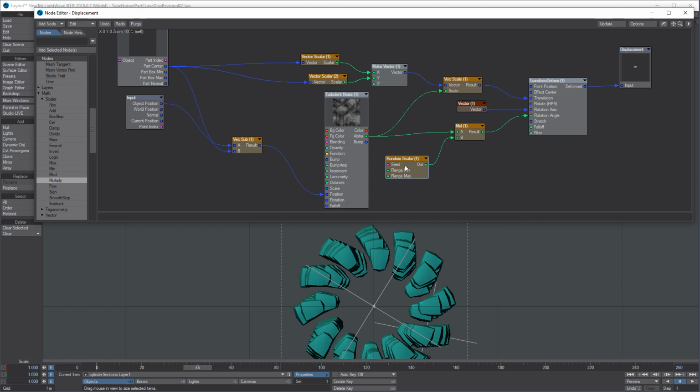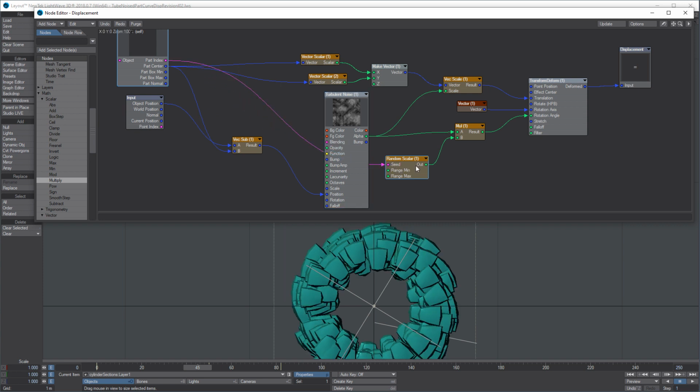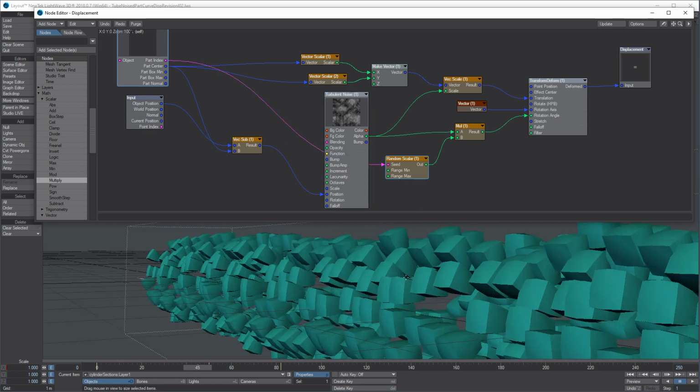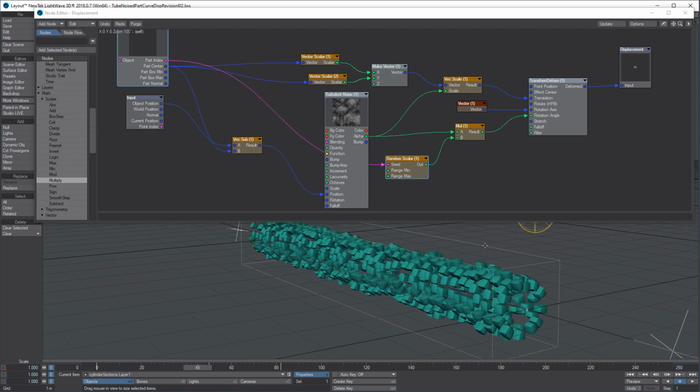And as you see, we have this seed input, the random scalar. So what if we use the part index, which means each time the random function is invoked, it uses the part index as a seed, so it produces different random values, and it's much better than this uniform slight random. Okay, so we have now this randomized rotation,